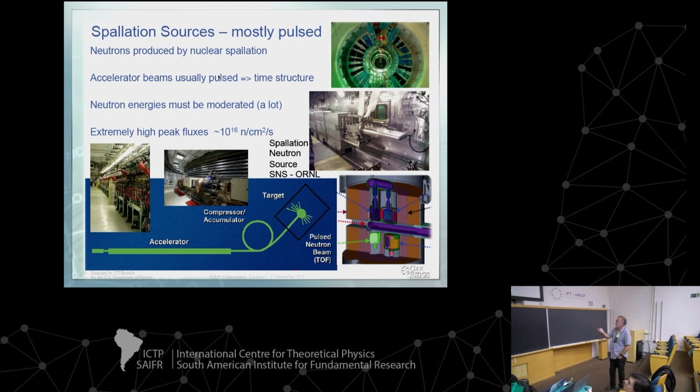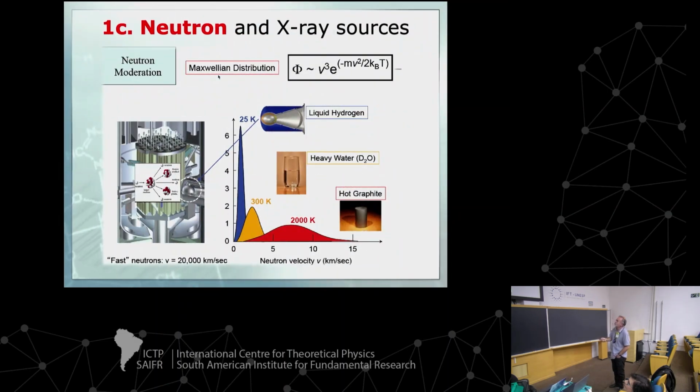Well, with this you get time structure. You have to moderate the neutron energies. And if you compare with fission reactors, you have extremely high fluxes at the peak, around 10^16 neutrons per square centimeter per second. Here are several, and most of them are time-of-flight instruments, right? Here you have the split of